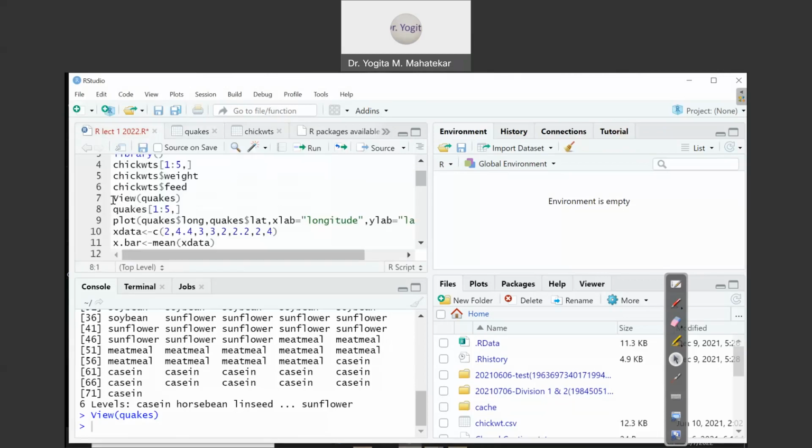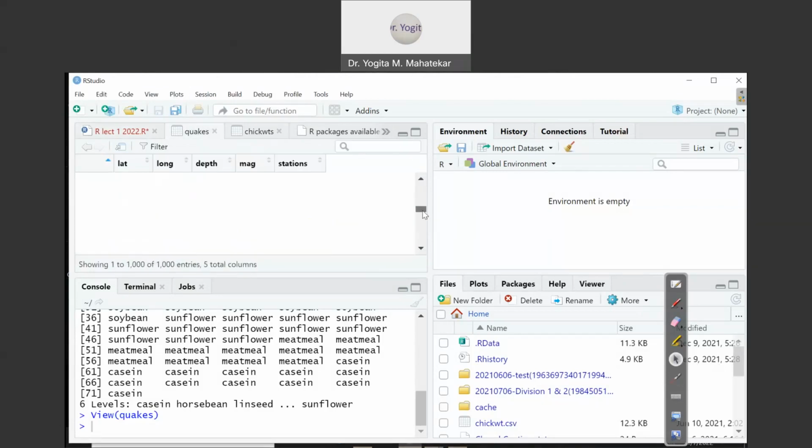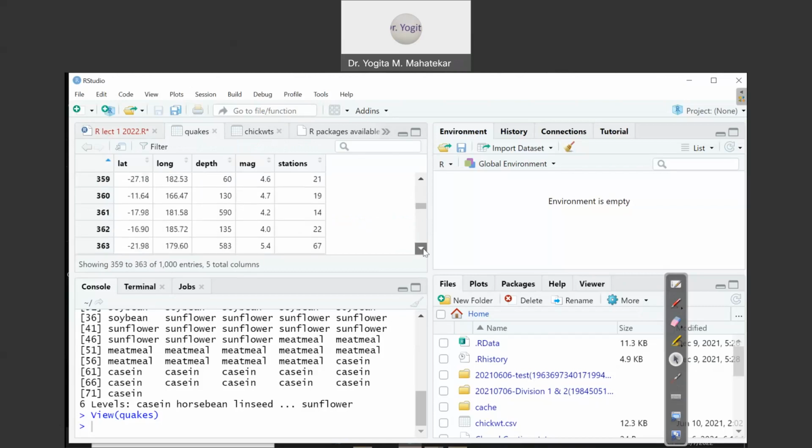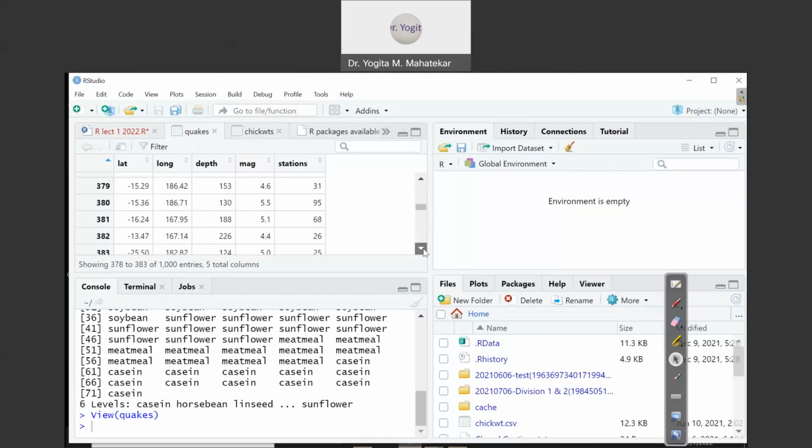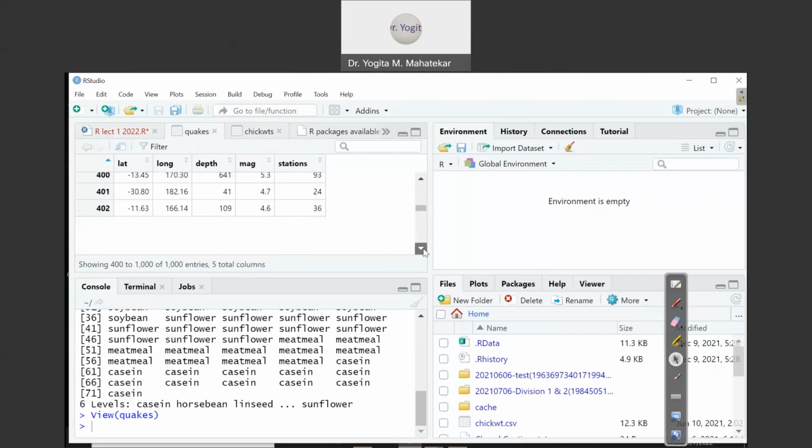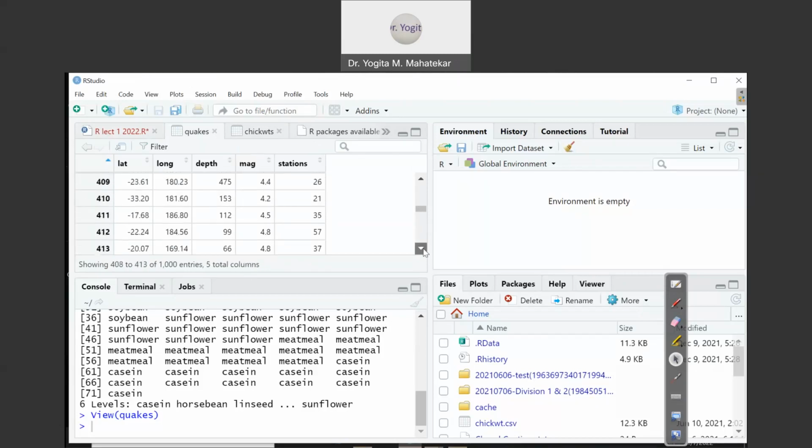So here you can see the 7th line command we have just now compiled. Now let us go to the 8th line. Quakes, and inside a square bracket when I say 1:5, it will just show you the first 5 rows of that particular numerical data. But right now you can see when I say view quakes, it is showing you how many spots are identified by the particular stations, near about 1000 even.